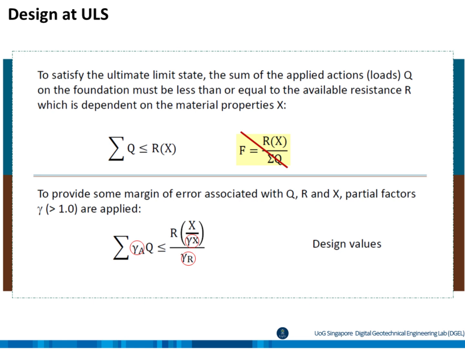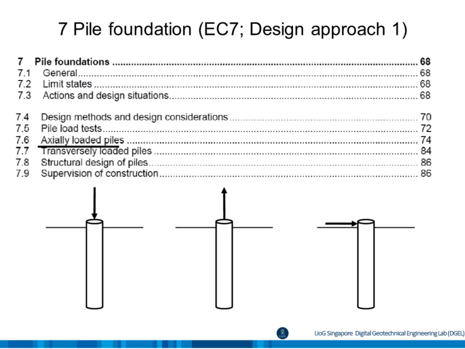Unlike the allowable stress design method, LRFD applies partial factors to account for uncertainties in loads, material properties, and resistance. So, in practice, we increase the loads, reduce the material properties, and reduce the soil resistance to ensure safety. Among all these topics, today we will focus on axially loaded piles. In particular, we will look at how to assess the bearing capacity of piles in terms of end bearing resistance